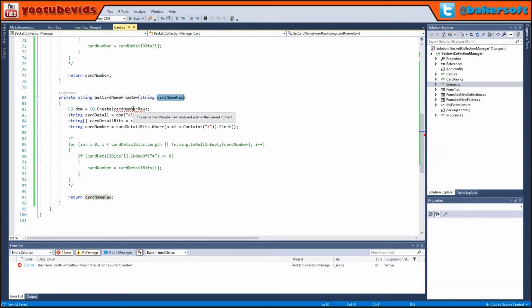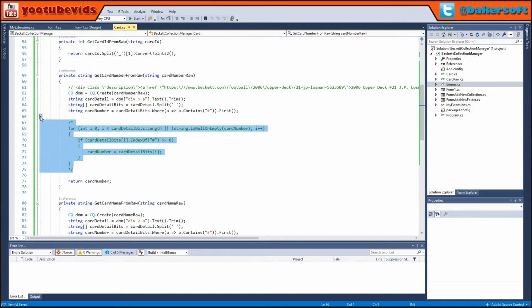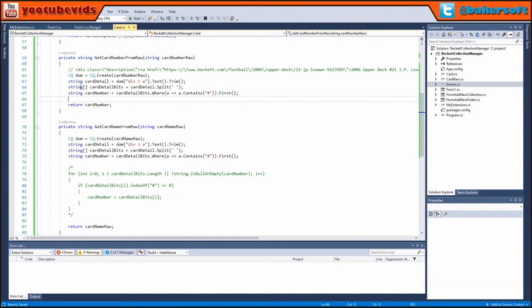Okay, so anyways, this is what we're gonna do for the card name. I don't need this logic up there, so I'm gonna comment that out or remove that altogether. In this case we don't care about the card number really, but we do care about where it's located. We could end up having some problems with this, but I think we'll just have to deal with that when we come to it. So what I'm gonna have to do is identify where the